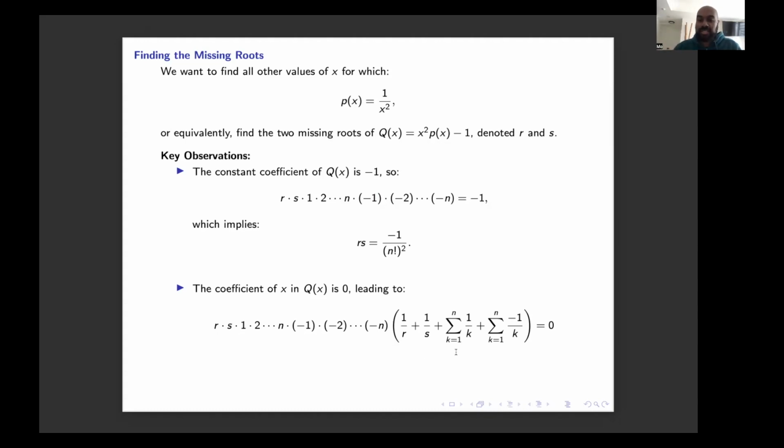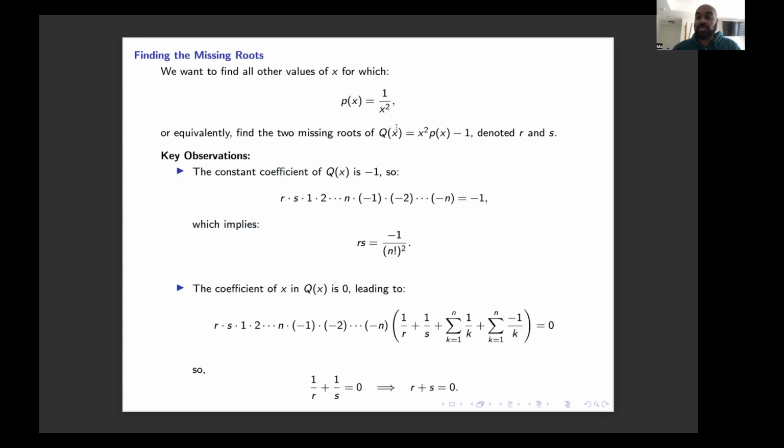So now the nice thing about this expression is if we add up all of the reciprocals of these roots and the reciprocals of these ones, they actually cancel out. So the thing we're left with is this entire expression on the left multiplied by 1 over r plus 1 over s, being 0 because the coefficient of x is 0 in q of x. But that implies that 1 over r plus 1 over s is 0, because the quantity we're multiplying with is itself non-zero. Now if we clear denominators, we get r plus s over rs is 0, which implies r plus s is 0. So these two equations together are going to give us exactly what the missing roots r and s are,